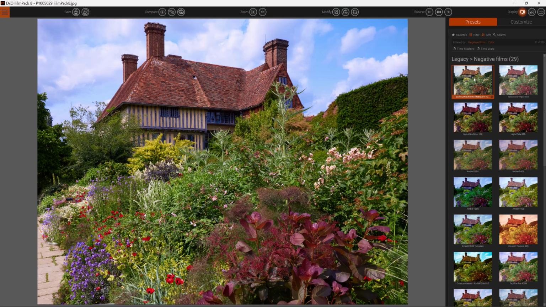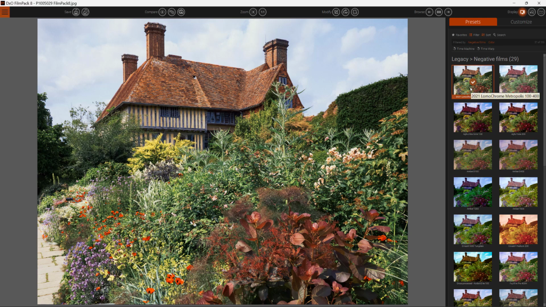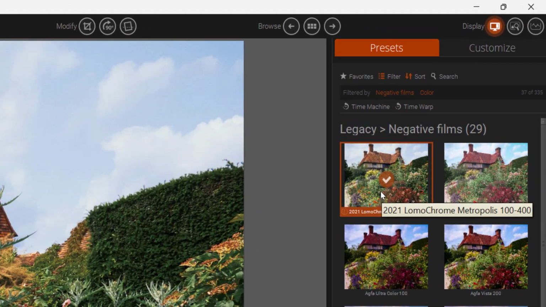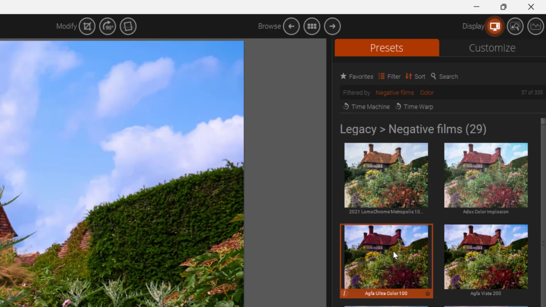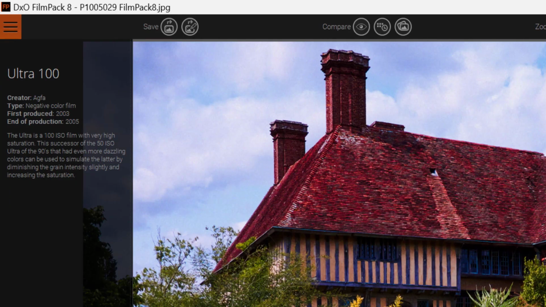So click on any one of the thumbnails and the color characteristics of that particular film will be applied to your main image. And on this one, if you hover over it, it'll tell you exactly what the film is, a 2021 Lomo Chrome Metropolis film stock. If you click it again, it turns it off. Some of the films, like on here, the Agfa Ultra, on the left hand side, we'll get a full description of the film. It'll tell you when it was first introduced and when it was discontinued, plus notes on the